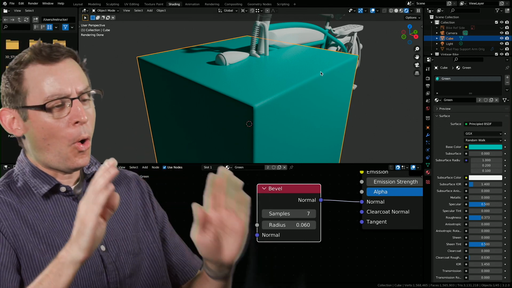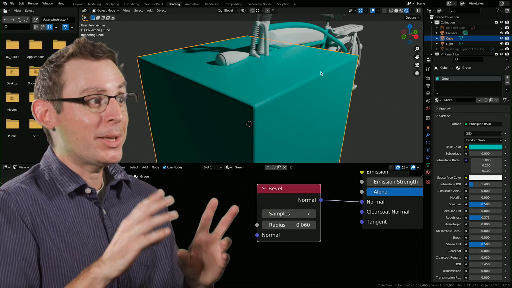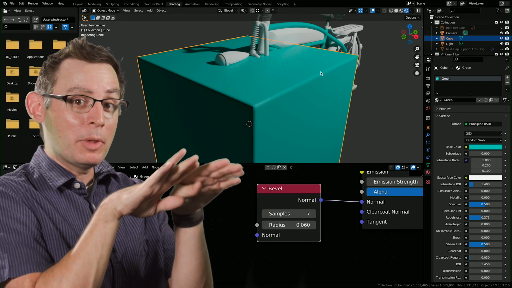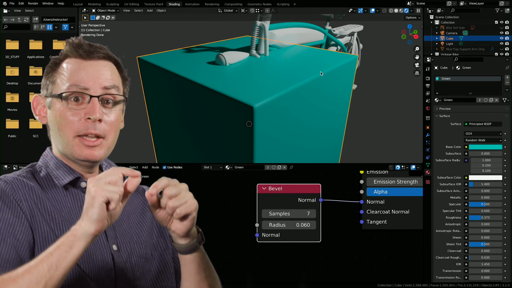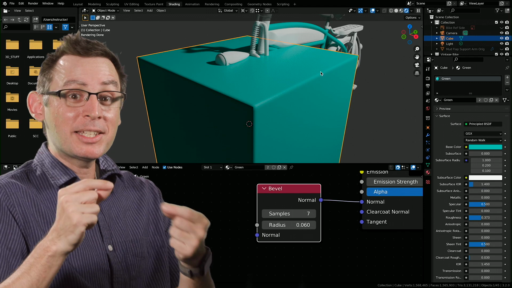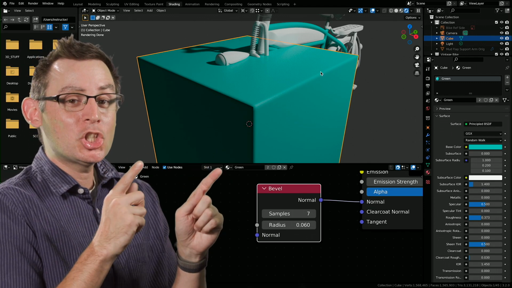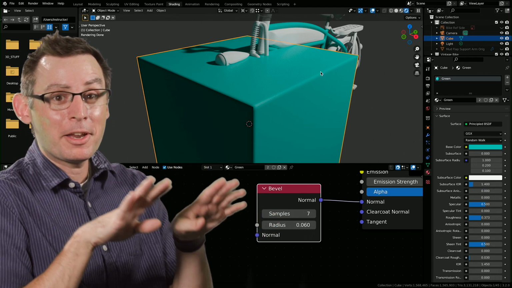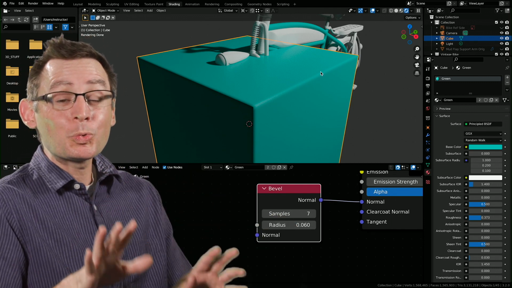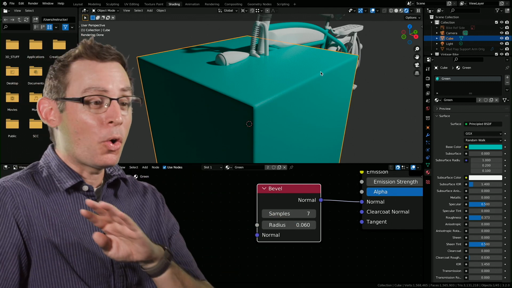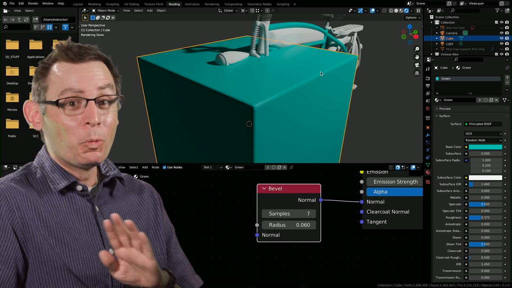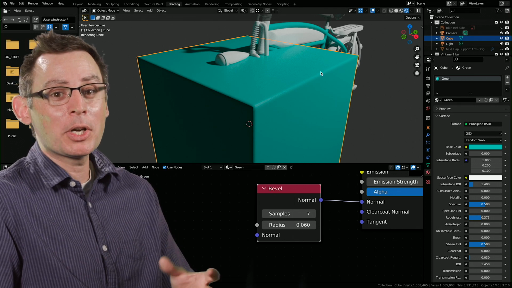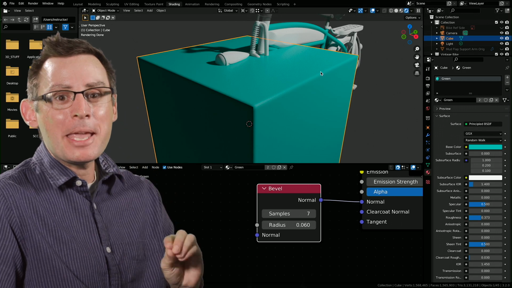I use this all the time. I can't tell you how many times I've done this exact same thing to blend different surfaces together. I do it all the time with text. Making rounded bevels on text can be quite a challenge, but with this shader, it makes it very, very easy. So those are three extra features that are only found inside the Cycles rendering engine, and I think they're going to really enhance the quality of your work and help you produce the most amazing models.